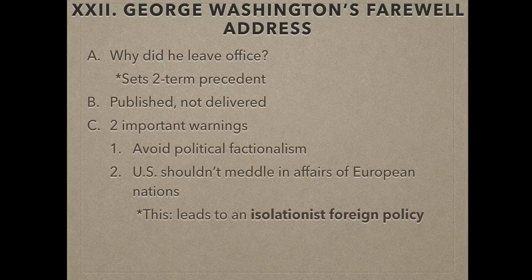In other words, what he's saying is the U.S. should try to remain neutral in world conflicts as much as possible, unless there's an absolute direct reason that we need to get involved. And the United States is going to try to abide by this up until really World War II. And you could even say there are times when maybe the U.S. didn't follow this as well as it should have, or times when perhaps it should have or could have intervened in a war earlier than it did.